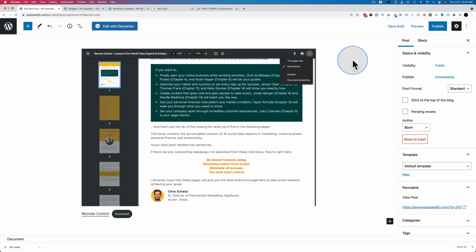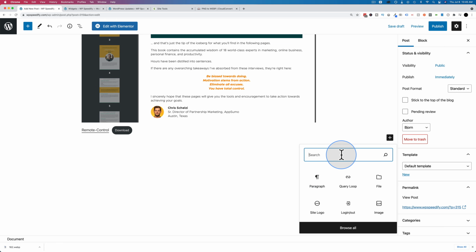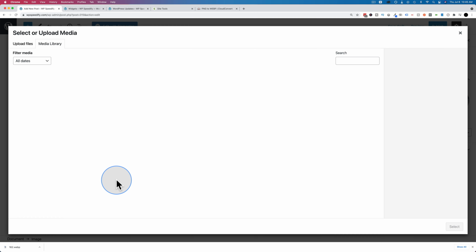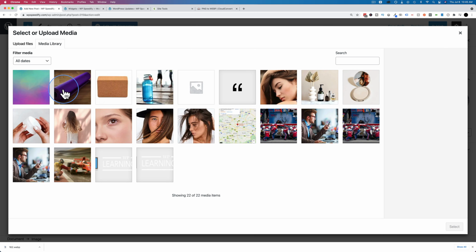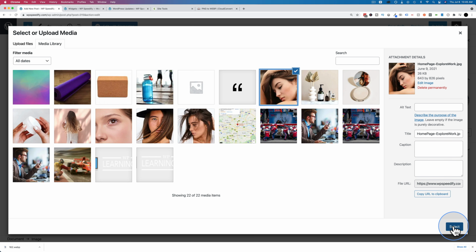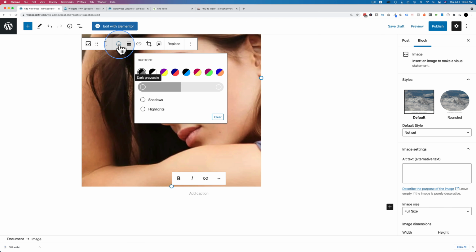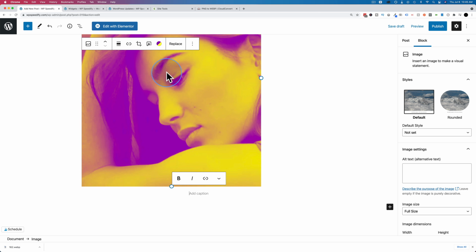And yet another new feature, Duotone filters for images. So if we add an image right to here, let's take one from the media library. Let's use, it'd be better to have a human in there. Cooler effects. If we click on the Apply Duotone Filter button, we can apply Duotone filters,